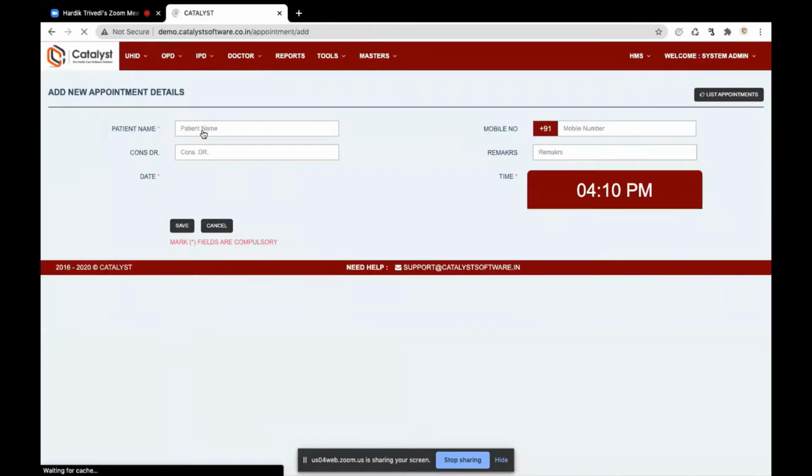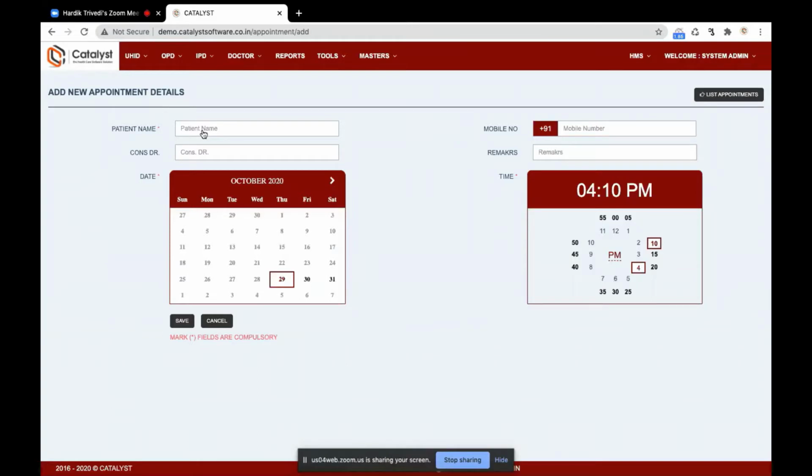Now the appointment system. Some patients make appointments either through a phone call or through our website. Do your patients come by making appointments earlier, or do they come directly? Mostly, some of them come directly, some of them call and make an appointment by phone, and some do it through the website booking. So these are the options for that.